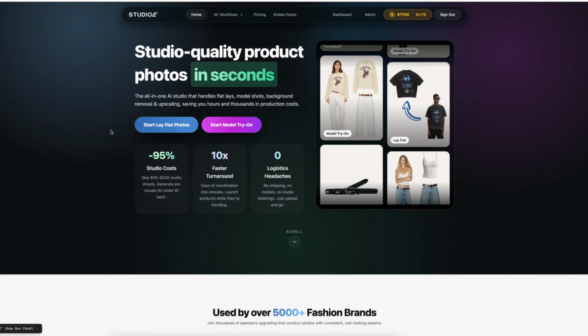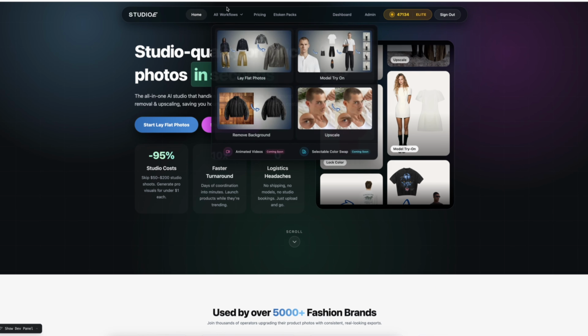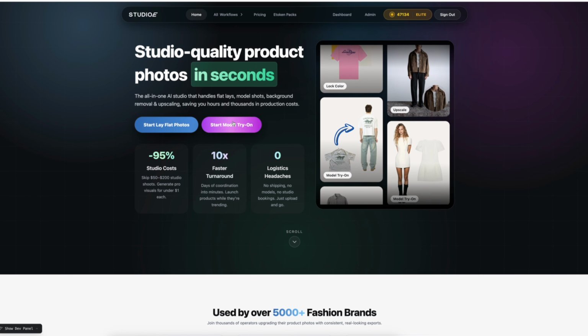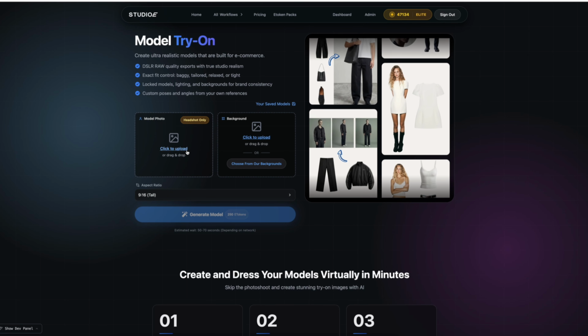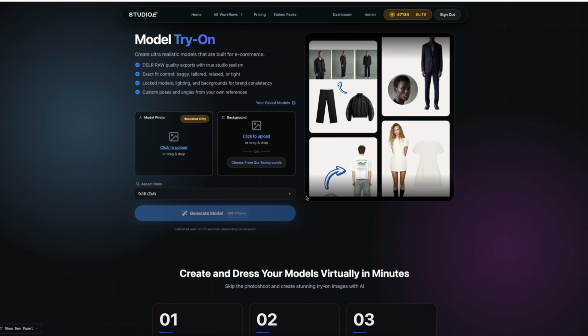Okay, so today we're gonna show you what Model Try-On is. You can get there through here or just click this button. So we're gonna click here. First things first, just so you know, what this is, is our goal is